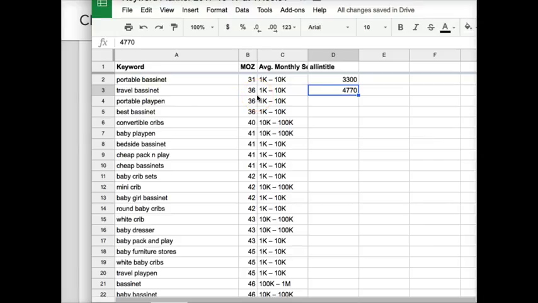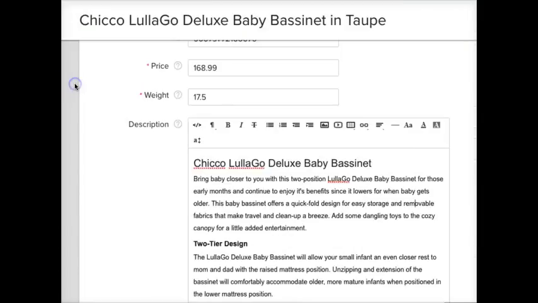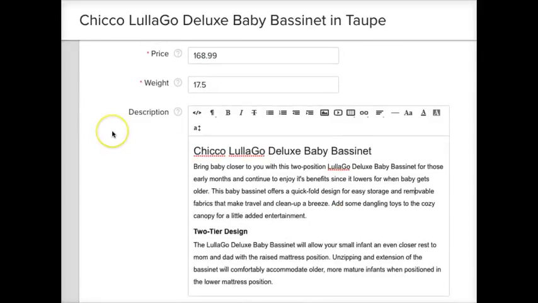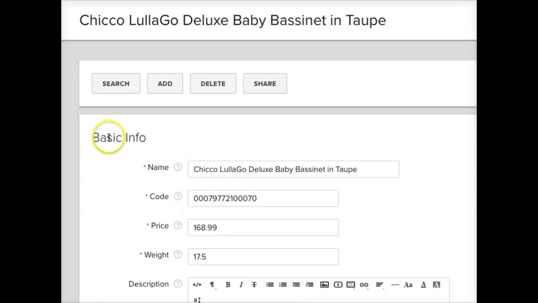But be careful about sticking those numbers in your head. I try to avoid saying certain numbers because then you get that number 10,000 and you think, oh, if it's over 10,000, I'm not even going to touch it. I'm going to delete it. No, don't do that. You can still rank for those phrases. It's just a little harder. It's going to take more time. That's all the numbers mean. Okay? So keep that in mind. It's not cut and dry, hey, this I use, this I don't. These numbers are just to give you an understanding of how hard it will be to rank for this keyword phrase.